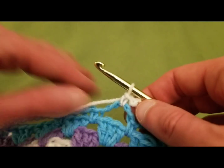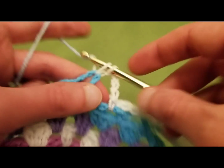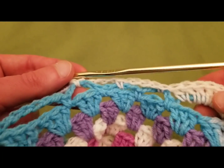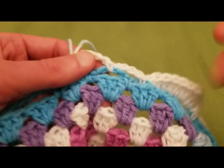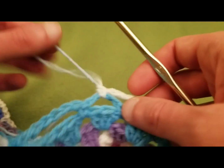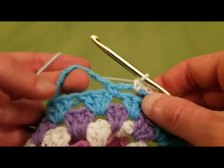Does this look familiar? I hope it does. Chain 4, single crochet into the next chain 4 space, and lo and behold, we reached another chain 7 space where we, you guessed it, need to do a total of 10 double crochets. Also, as we've done previously, we had 3 chain 4 spaces. Now we only have 2 chain 4 spaces. Seem familiar? Hope so. All right, so now into the chain 7 space,